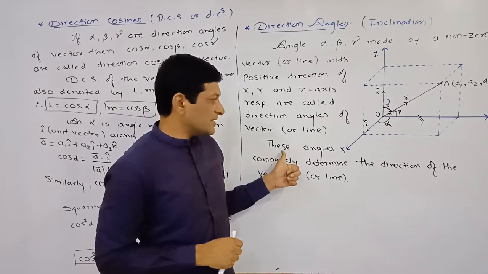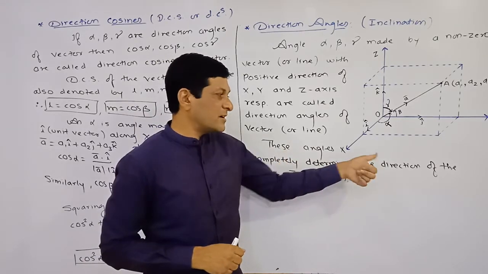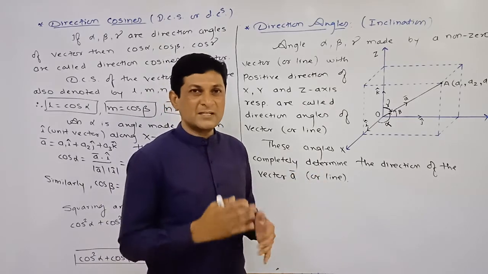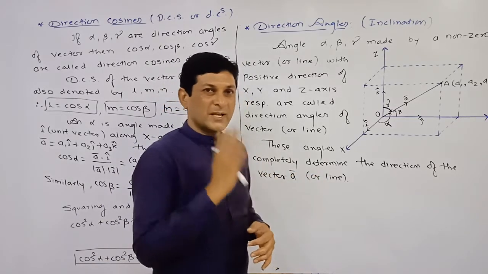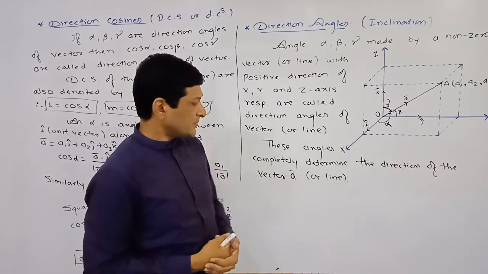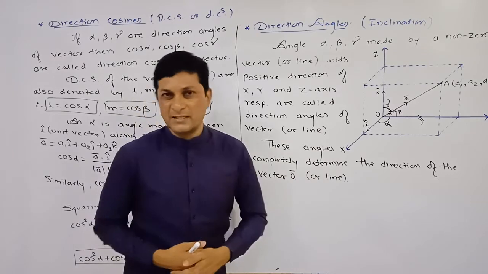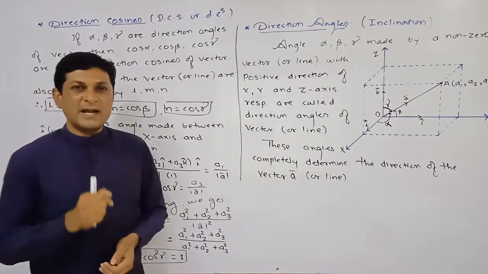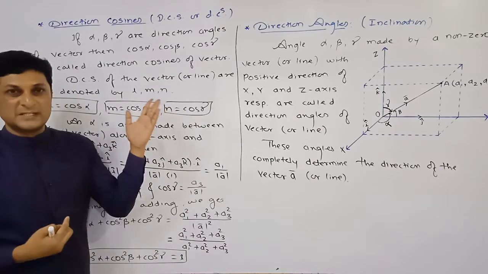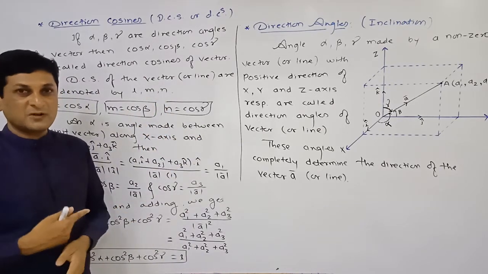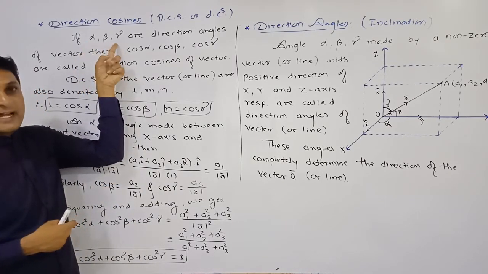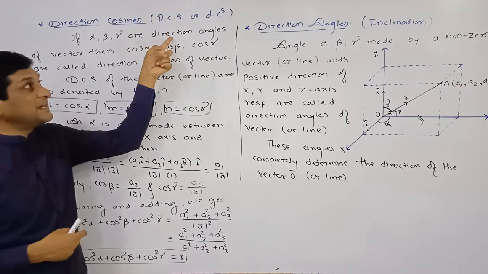Now these direction angles completely determine the vector or a line in space. That means we can find the exact position of that vector or line in space using these direction angles. So if alpha, beta and gamma are the direction angles of a line, as we just discussed, the angles made by the line with the positive direction of the x, y and z axes,